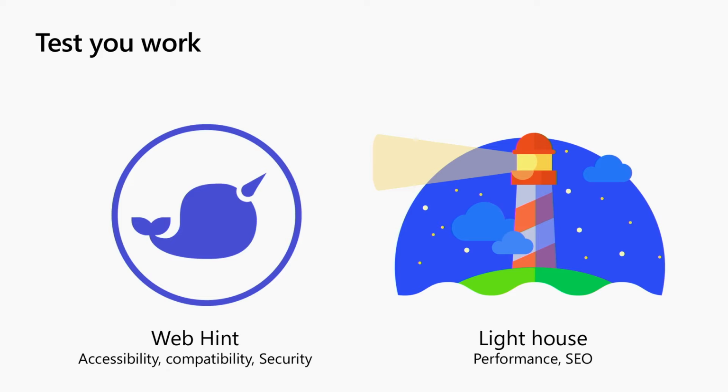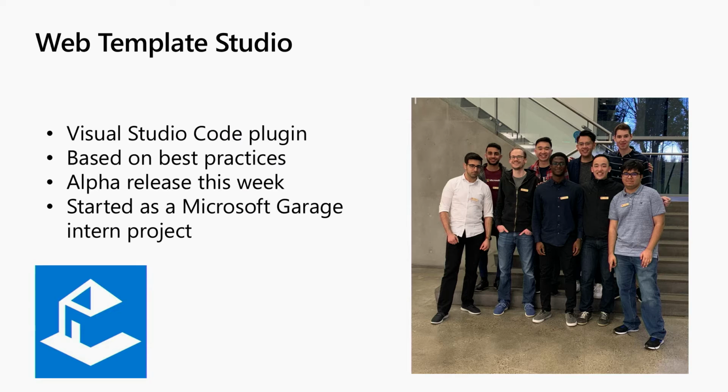Now, considering that we're talking about the next generation of code committers and getting people involved in open source, I actually want to start with an example project here. This is a real project. Web Template Studio was released this week, and I think it's really awesome for a number of reasons. One is this is going to start you out on a great foundation. It's a Visual Studio Code plugin that's based on best practices,